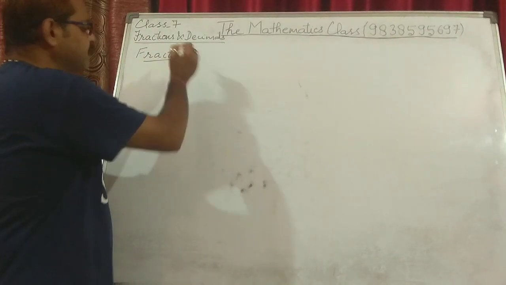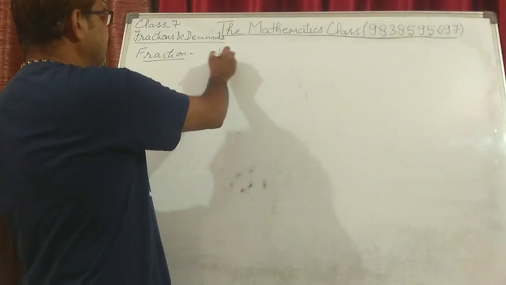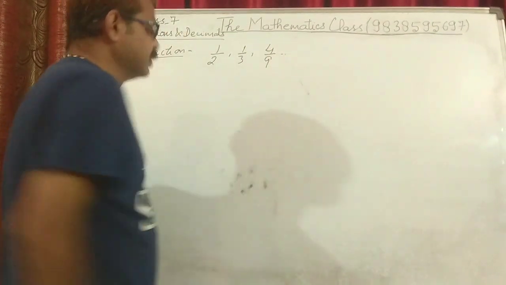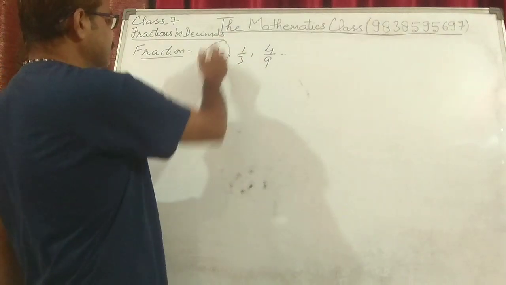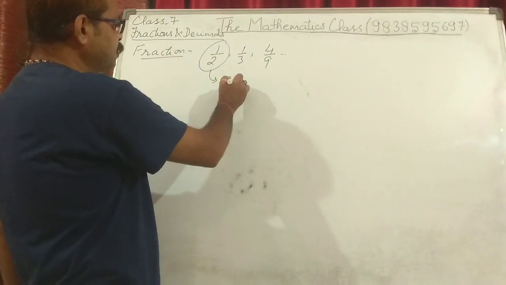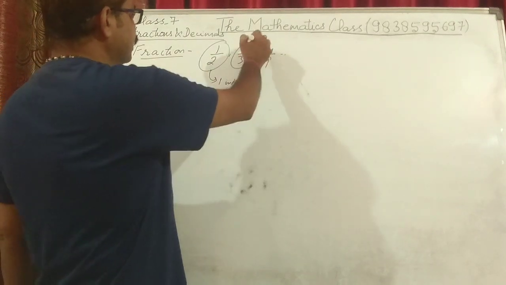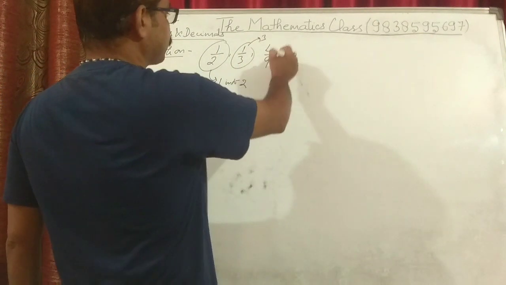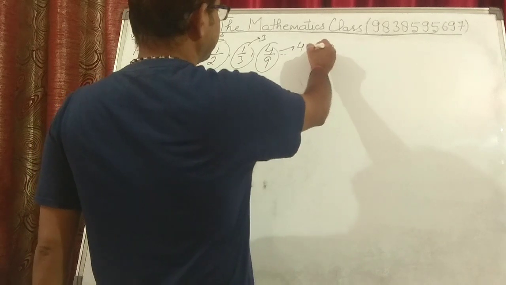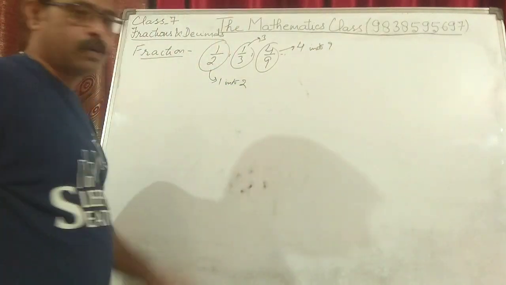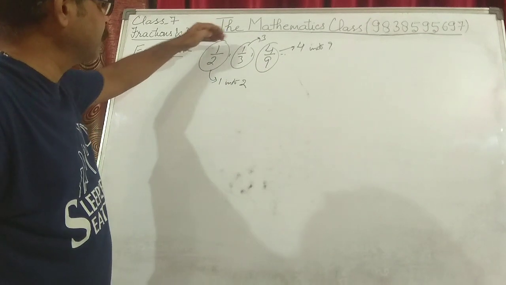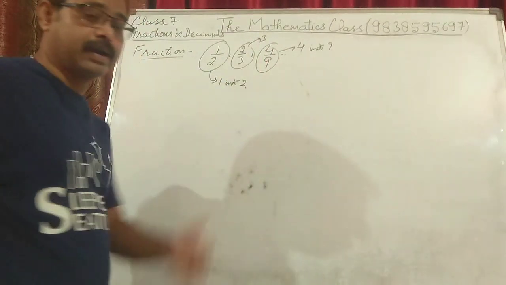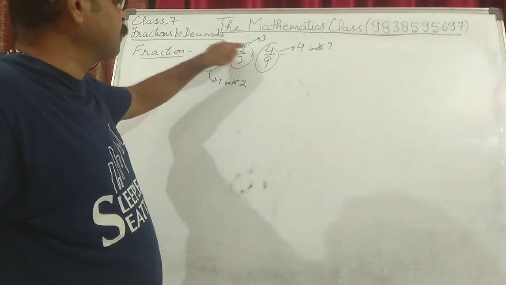So what is the meaning of a fraction? If I say 1 upon 2 or 1 upon 3 or 4 upon 9 or something like this, it means in the first case 1 is divided into how many parts? 2 parts. In this, one thing or one object, it can be anything, is divided into 3 equal parts. In this, 4 is divided into 9 equal parts. Now what is the meaning of this? 1 is a whole number, here also 1 is a whole. Let's say 2 upon 3. So two things are divided into 3 equal parts. So 2 is a whole number, 4 is a whole number.